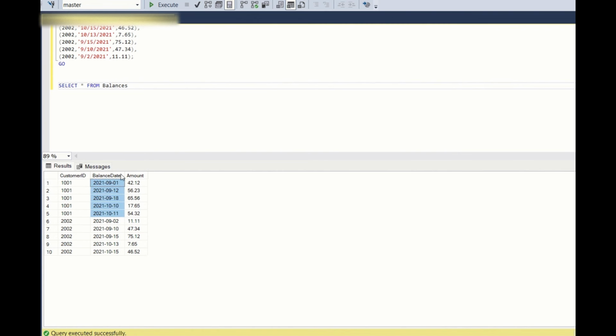So what you need to do, if you see the customer balance amount from the 1st till the 11th is 42.12, and from the 12th to the 17th is 56.23, and from the 18th is 65, and so on, and from the 11th till the end it is 54. We need to consider this as the starting date, and we need